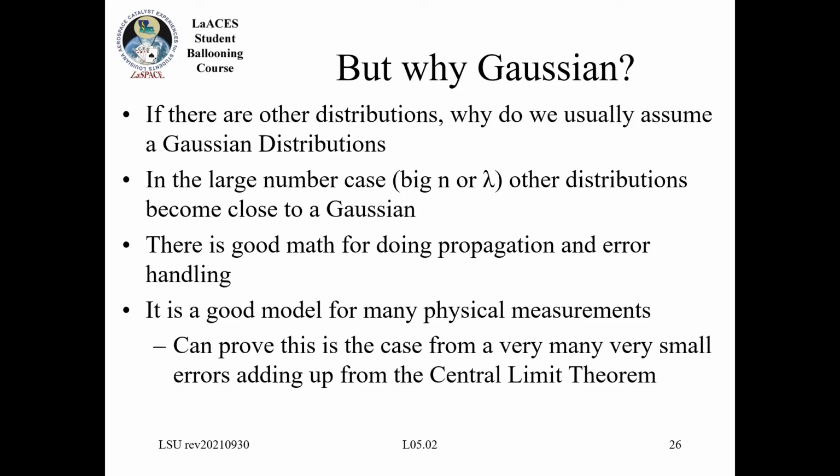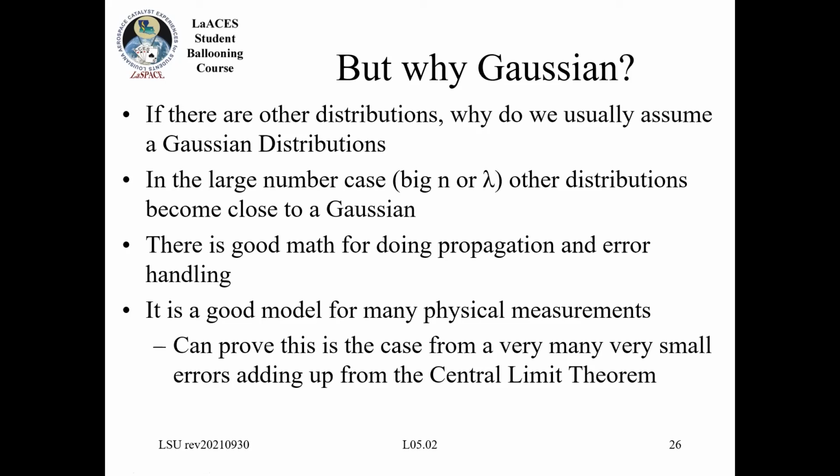In the event that I have a large number of measurements, a large number of possible values, almost all of the other distributions will start to approach becoming a Gaussian distribution, which is convenient because there's a lot of useful math